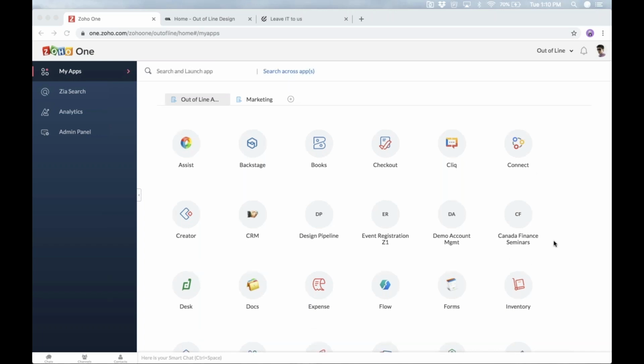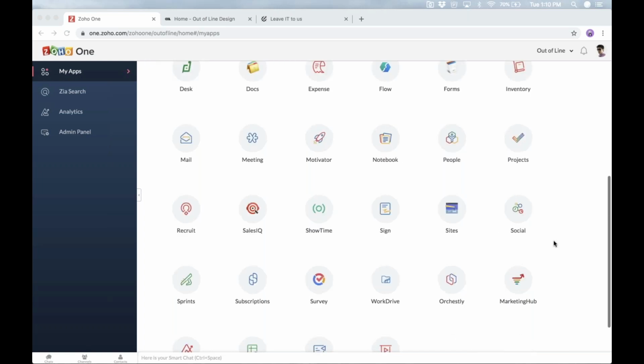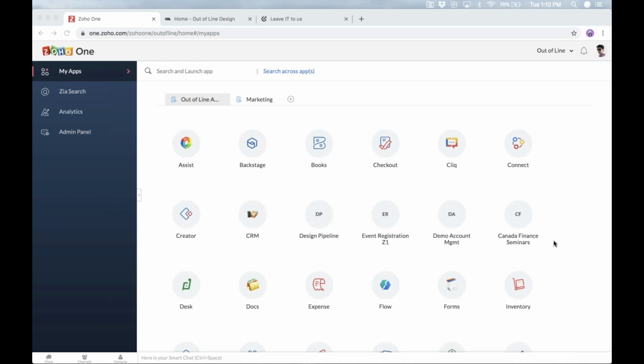Once you go in and turn on the applications that you want to use and you assign them to different users or employees in your organization, these will appear on each individual user's launcher screen. I have a whole bunch of applications here because this is my demo account, and I'm always showing a whole bunch of different things. So maybe you would have as many applications turned on, maybe you'd only have a few. It really just depends on what you're doing. So this is Zoho One,